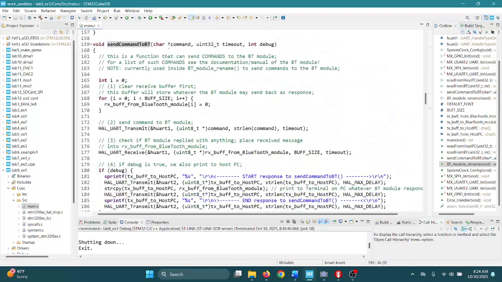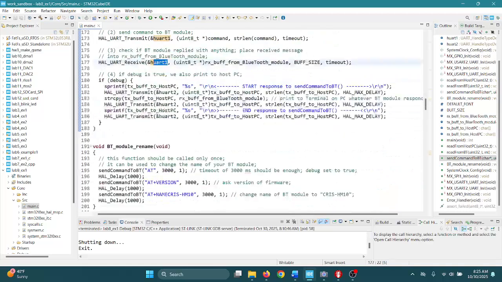It takes the string of characters that represent the command. The kind of commands that we can send to the Bluetooth module are described and available in the Bluetooth module's documentation manual. So you'll receive that as a PDF file together with all the files for this lab. It also takes a timeout and whether you want to print some debug messages or not. But the idea is that we are connecting to the Bluetooth module via UART1 and sending those strings of characters that represent or mean commands, such as AT plus version, and AT plus name plus the actual name that you want to send to that